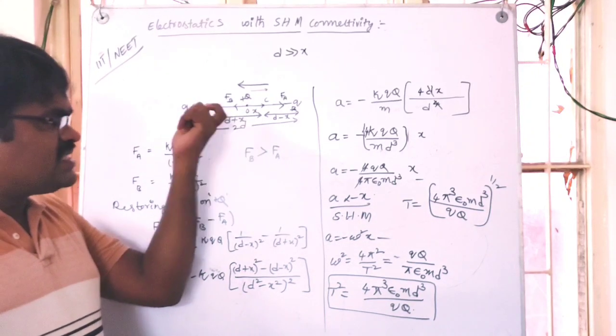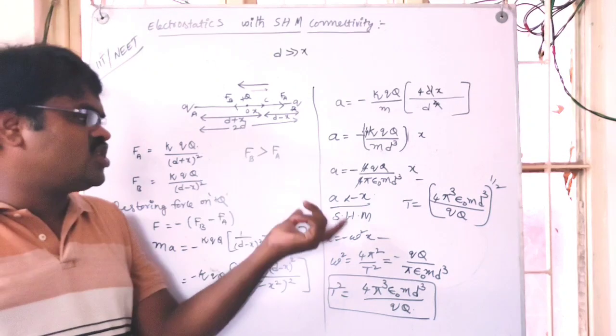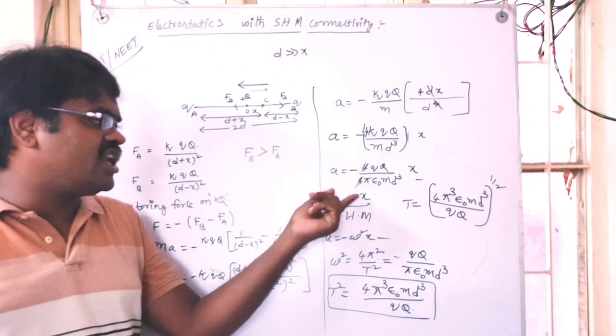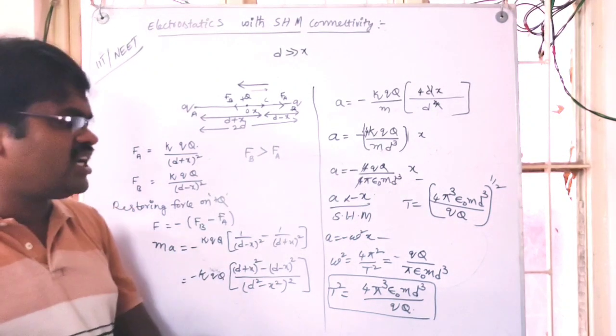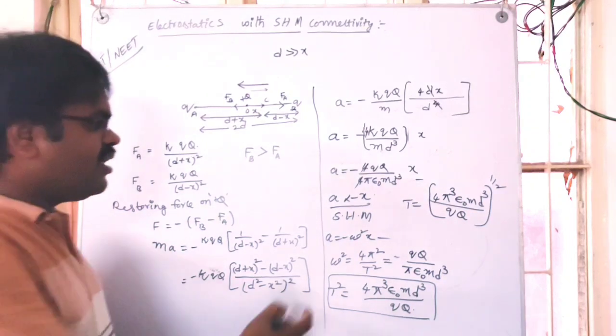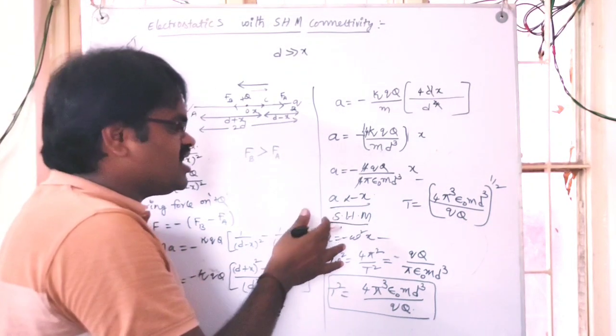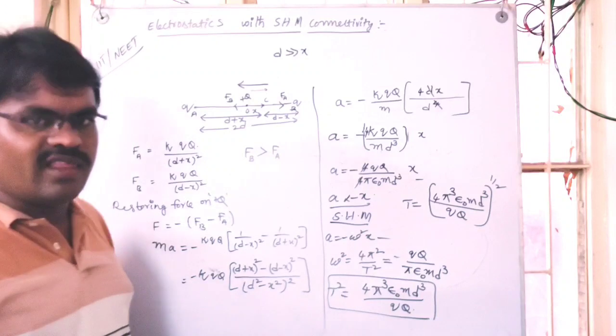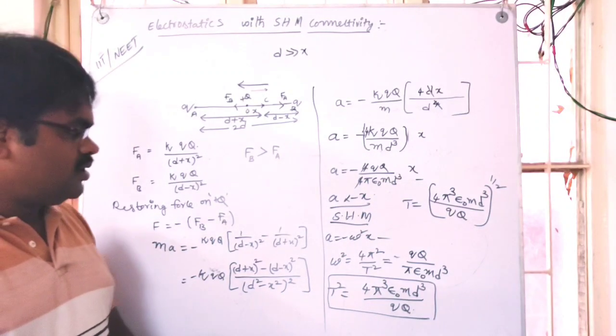This is a very simple step, because a charge will be there. This is the SHM. This is in SHM means acceleration is directly proportional to displacement, but it is in the opposite direction. Then only if the charge is in SHM can we find the time period. Otherwise, we cannot find it. Okay.